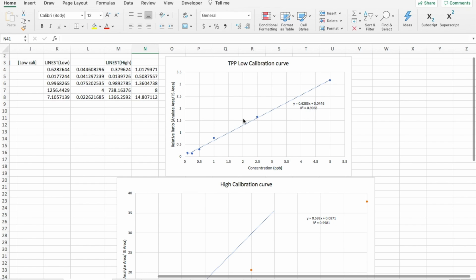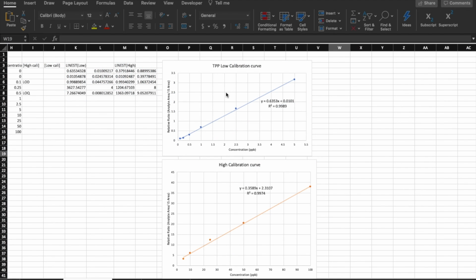And as a quick aside, when we speak about linear range, this becomes more important for Lab 3 when you're using the ESI source on the triple quad. And I'll dive a little bit more into that. In this lab, you will look at a low calibration curve and a high calibration curve. This is because the ESI source on a triple quad has very small linear